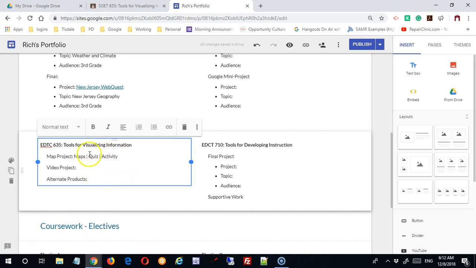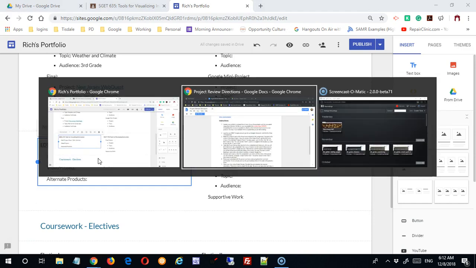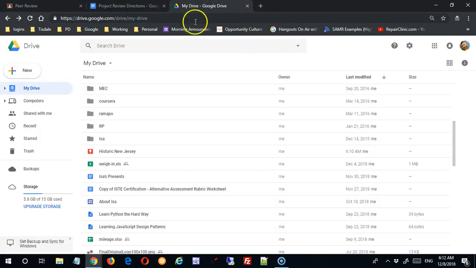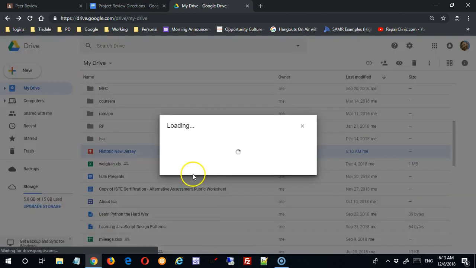Next, you'll want to make sure that each of the things you're going to link has the correct sharing permissions so that people can actually see them when they get there. So in order to do that, flip over to your Google Drive. There it is. Okay, here's my map. So find the thing that you'd like to share, right click on it, share,